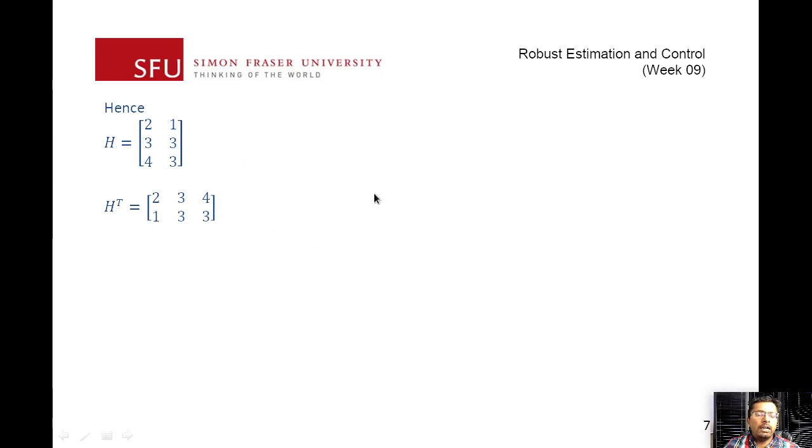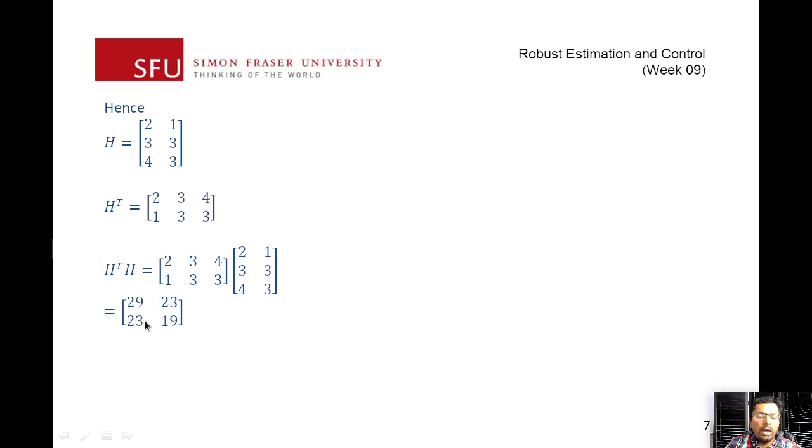So next we need to calculate H transpose H. So it just becomes 3 times 2, 2 times 2 plus 3 times 3 plus 4 times 4. That will be the first element, and then we just do the multiplication as you would. Again, if you have a scientific calculator, you can just put in H transpose, or most of them should be able to calculate the transpose as well. And then based on that, you should be able to calculate the product H transpose H. Nonetheless, if you wanted to do it manually, you could. So that just becomes 29, 23, 23, and 19.